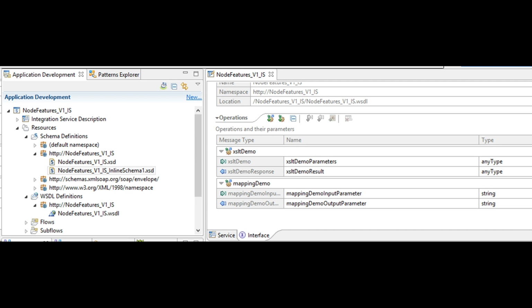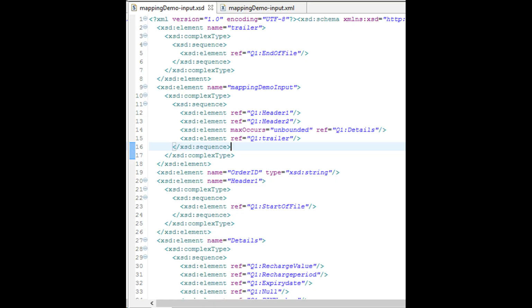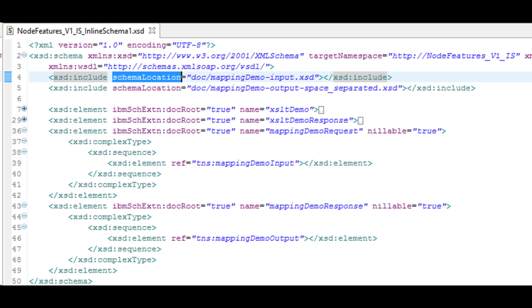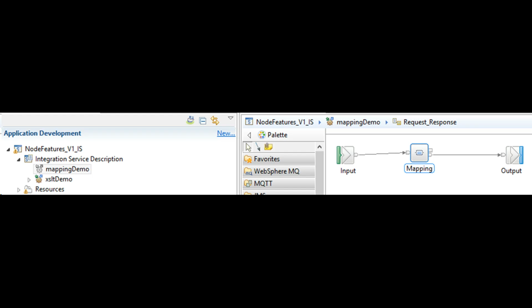What have we learned today? The different concepts that we learned today are: 1. How to add a new SOAP operation to existing WSDL. 2. How to create an input message schema using XML file. 3. How to include that input schema in WSDL and the use of ref keyword, the reference keyword. 4. How to create message transformation using mapping node and without any coding in eSQL. This was a short video that explained the use of mapping node.